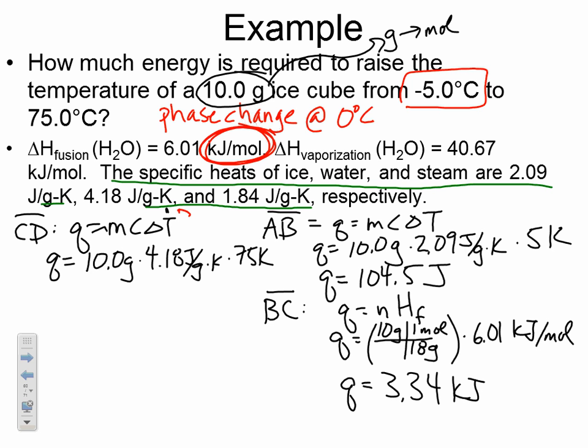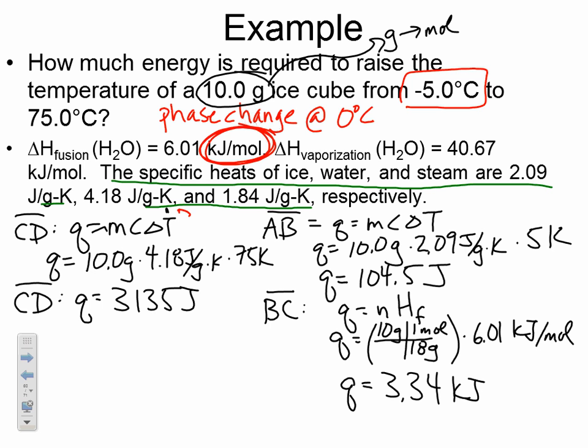If you're not convinced of that, then turn 0 degrees Celsius into Kelvin and 75 degrees Celsius into Kelvin, and then subtract them. Hopefully by then you'll be convinced that you get the same value. And so for line segment CD, we get a Q value of